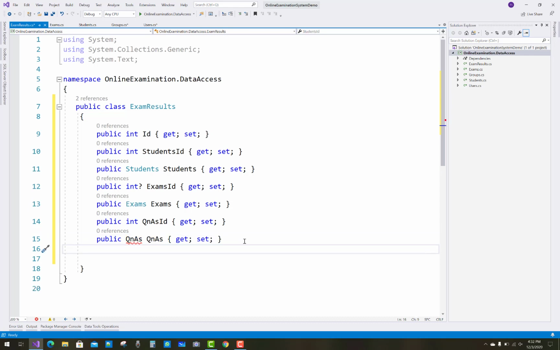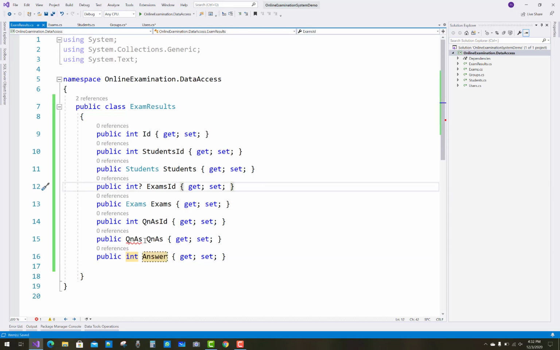Student is also mentioned, student ID, question answer is mentioned, exams is mentioned, and the last thing is the answer, prop integer answer. So the last thing is answer.